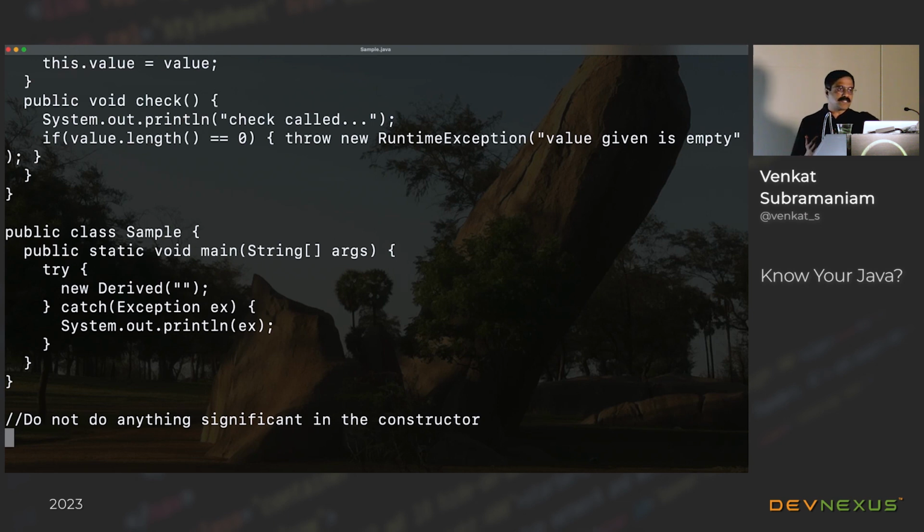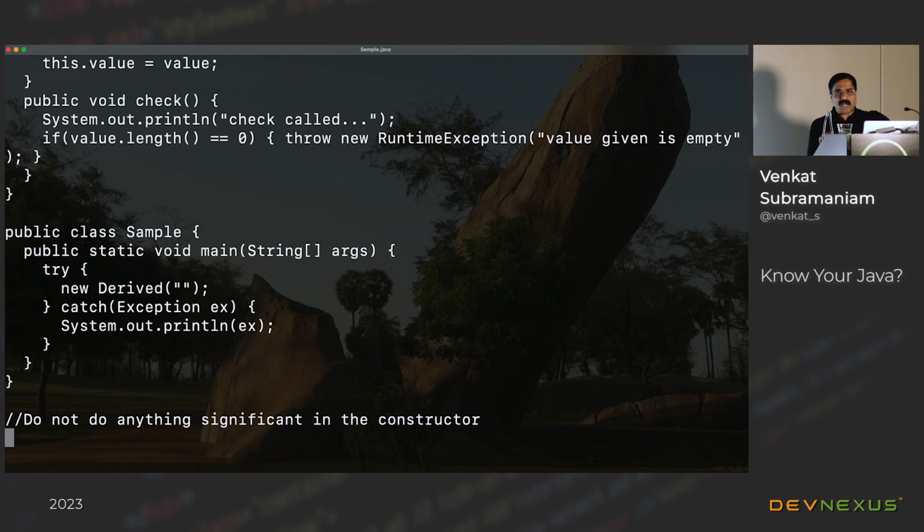Because if you're doing something significant, you've got to worry about its execution, its failure. Then you are dealing with exceptions from the constructors, which is a terrible thing to do as well. What if the code you're calling starts other threads in your application? I know this becomes very scary. So this is one of the reasons why in Effective Java, they really recommended that we write a separate factory method and don't really use the constructor to create an object.